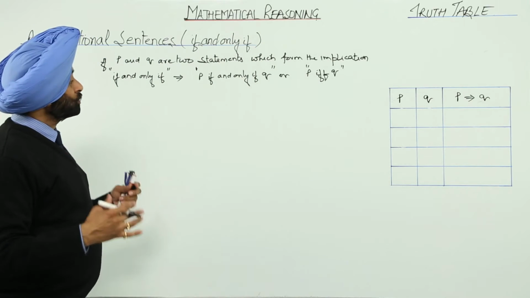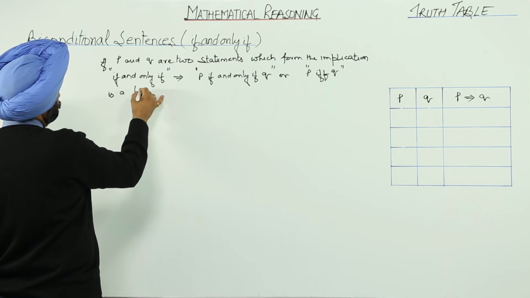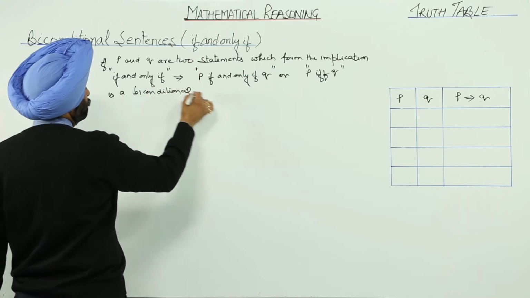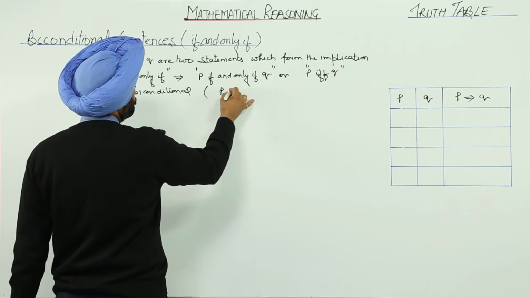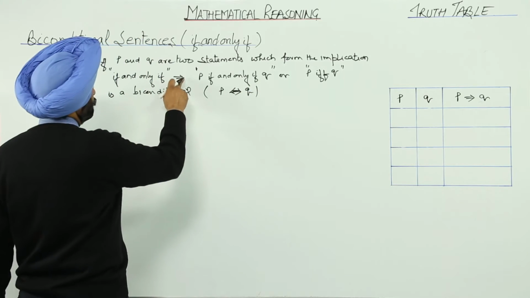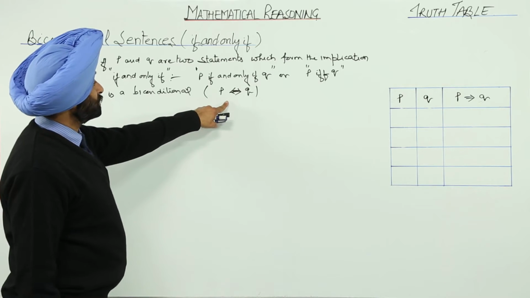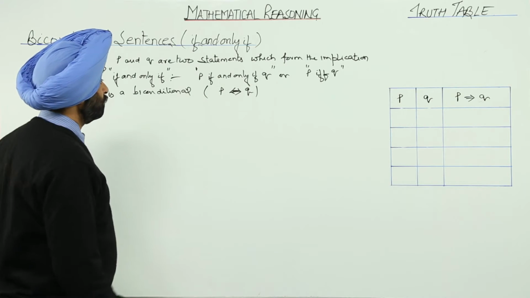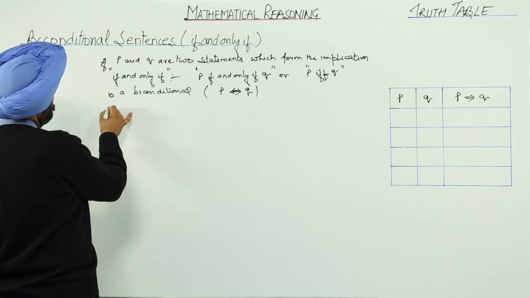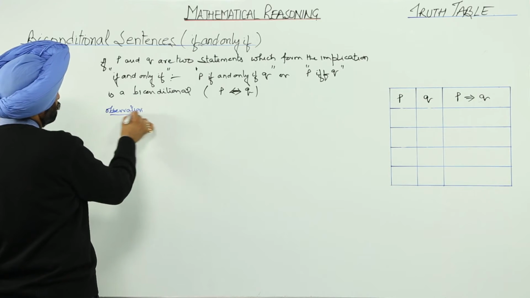So what the truth table will be now is a biconditional, and we are representing this with this arrow. Here this is something else, we can write like this. So we symbolize it with this one. Now, observation for the truth table.